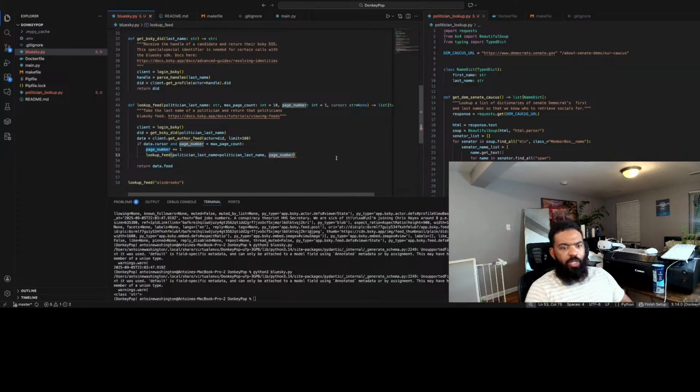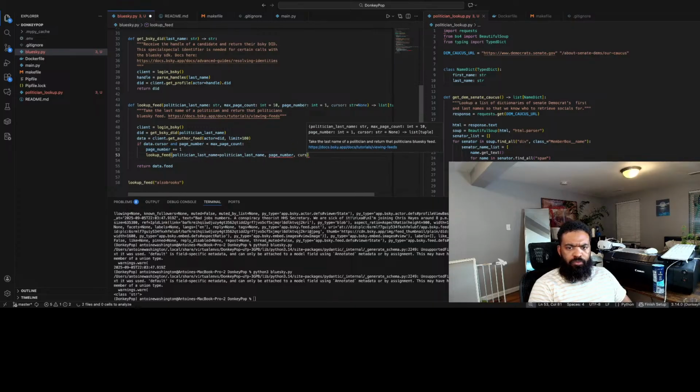Oh, no, it's fine. Okay, cursor equals data.cursor.